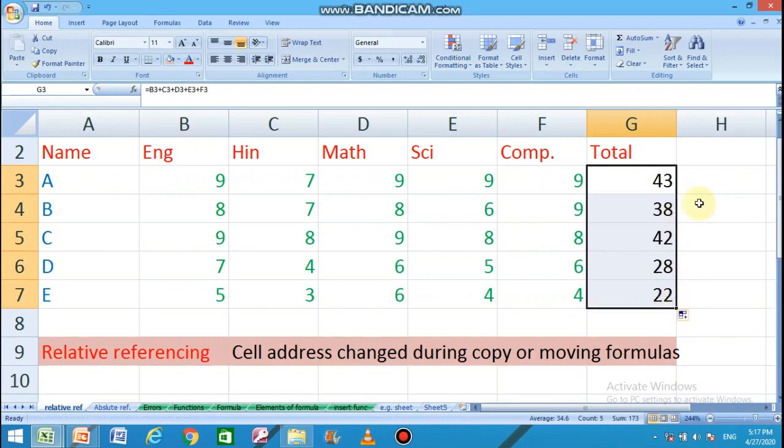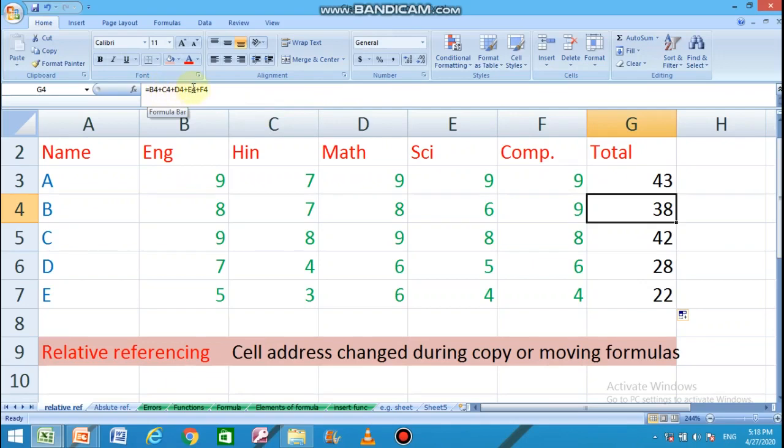Now what we are watching is that all the students have their total marks. Students, when we drag the fill handle, the formula in the cell is copied into the next cell. Again it is copied to the next cell. In this way it is copied. And what happened during the copy?